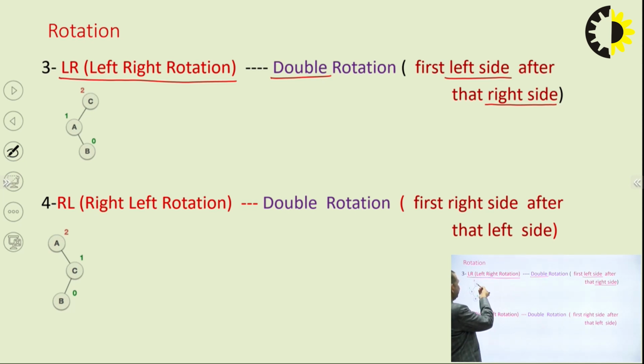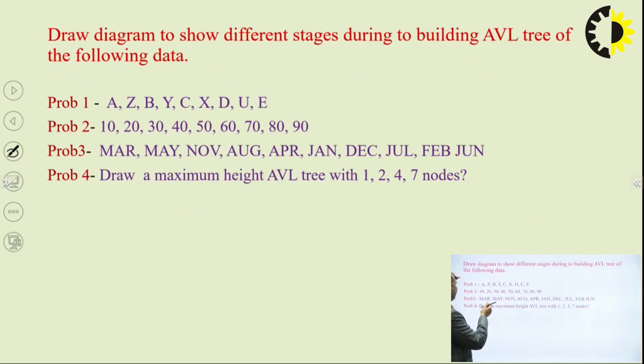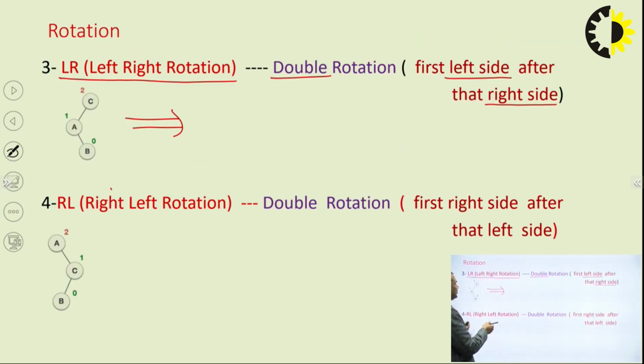Suppose the balance factor of node C changes and we insert the B node. Firstly we have to find out which rotation we have to apply. Whose balance factor changed? C's. Which element do we insert? That is B. So C's left's right, that is left to right. So which rotation has come? Left to right.